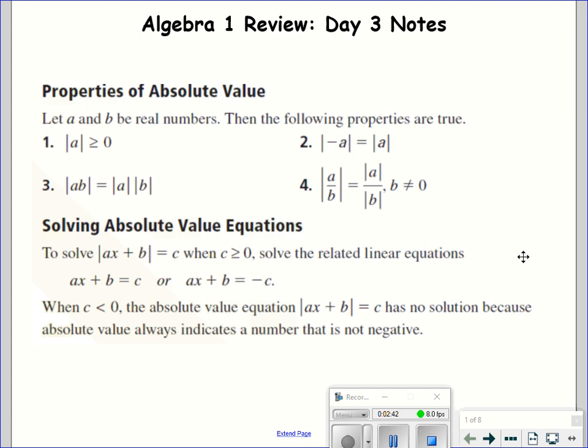Provided that that's the case, what we do is we split it up. We say the stuff that was inside the absolute value could be making a positive number, or the stuff that's inside the absolute value, notice I didn't change anything about it, it could be the negative version of that number that it was equal to up above. We don't really know if that ax plus b is making a positive or negative result because the absolute values would kind of take away that negative sign. So we have to solve both of those. Typically when solving absolute value equations, we get 2 answers.